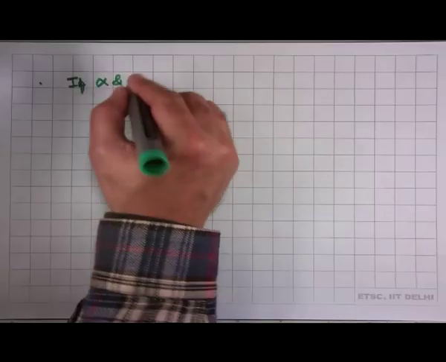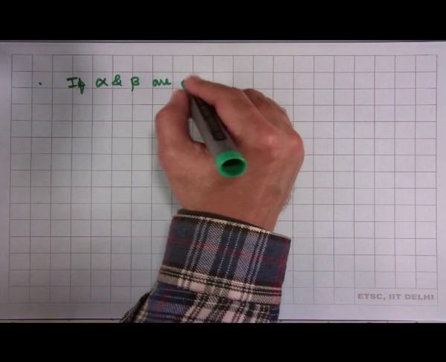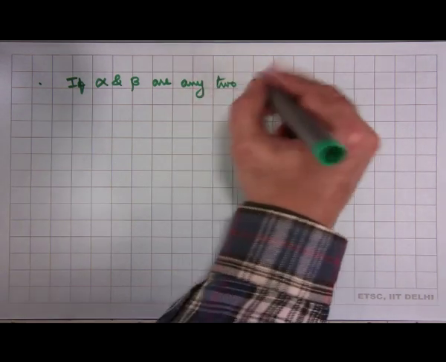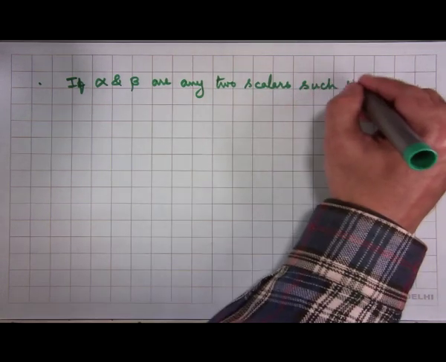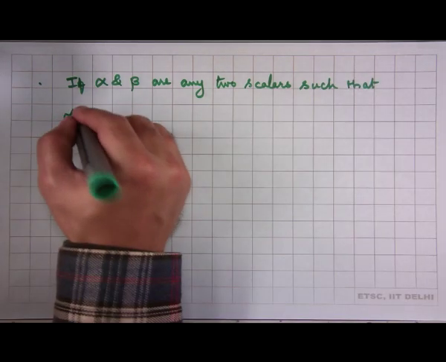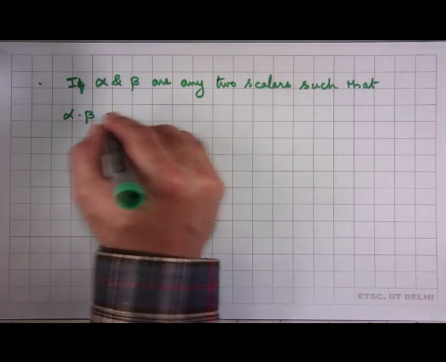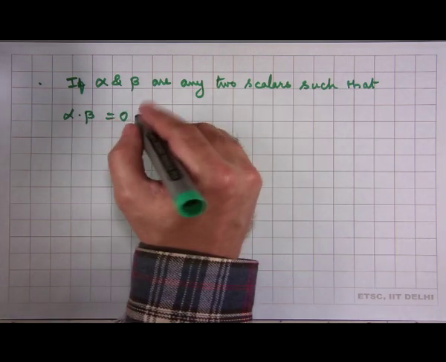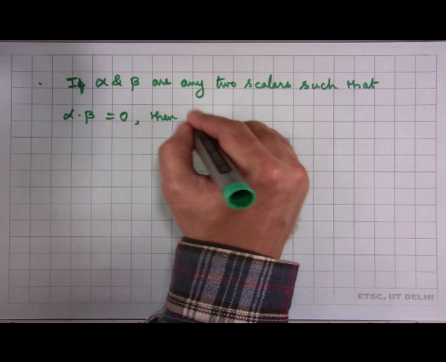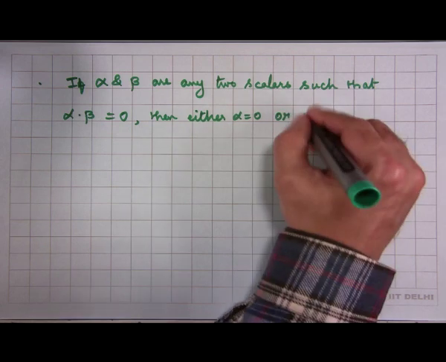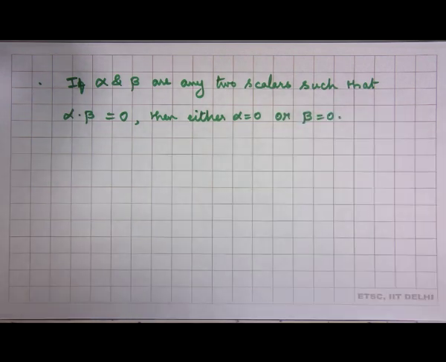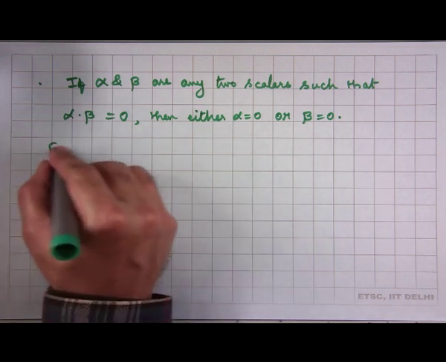For example, if alpha and beta are any two scalars such that alpha dot beta, when you multiply these two, is the 0 scalar, then either alpha equal to 0 or beta equal to 0, one of these happens, but this does not happen in the case of matrices. So, let us look at a simple example